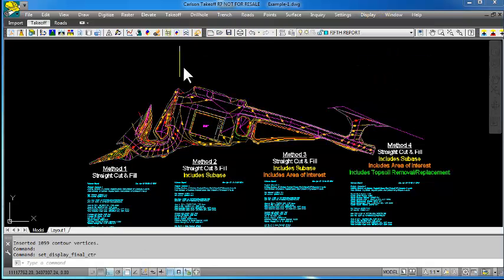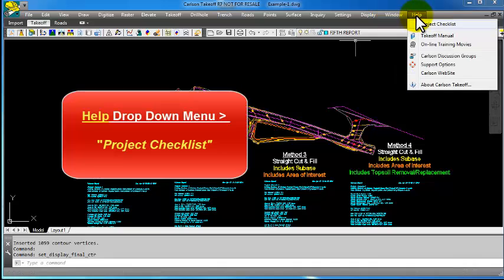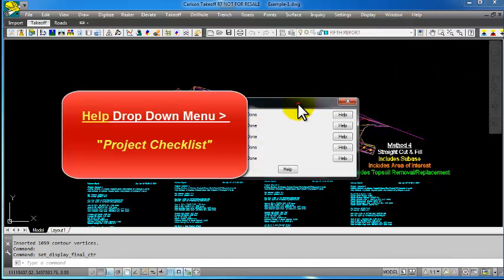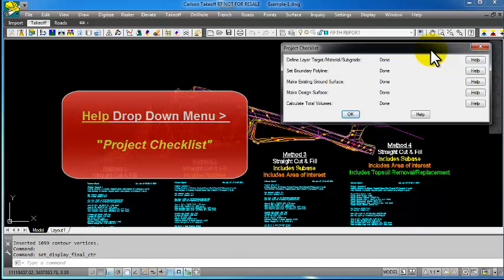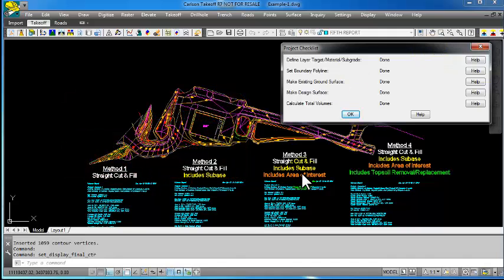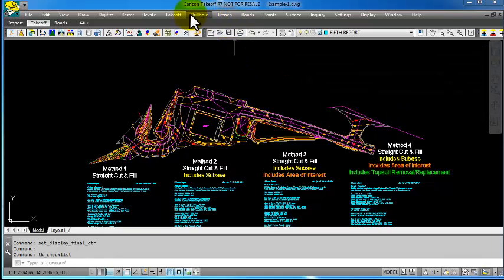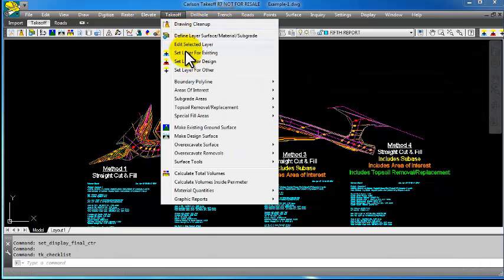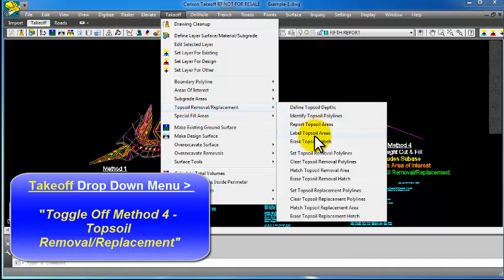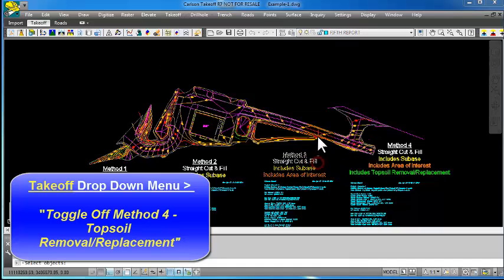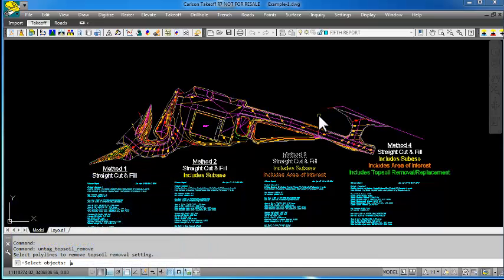I'll turn that off. And now let's go back to Help, Project Checklist, and let's discuss the steps needed to go through to create all these reports right here. So what I want to do first is to go backwards and turn off my topsoil removal replacement polylines. And I'm going to come up here to Takeoff and come up to topsoil removal replacement, come down and do clear topsoil removal polylines, select, and I'll just type all,